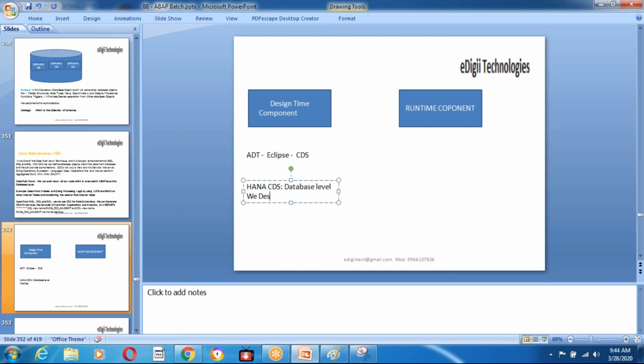But from an ABAP developer's point of view, we never do any CDS on top of the database level. We don't do the coding there. Why? Because the transportation and life cycle management is here. Suppose if you want to